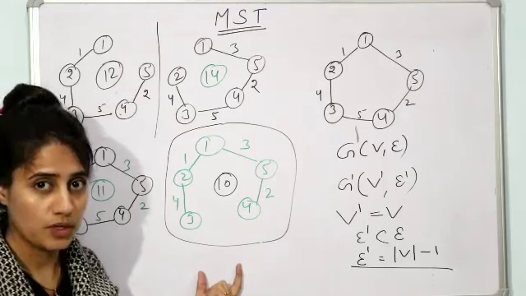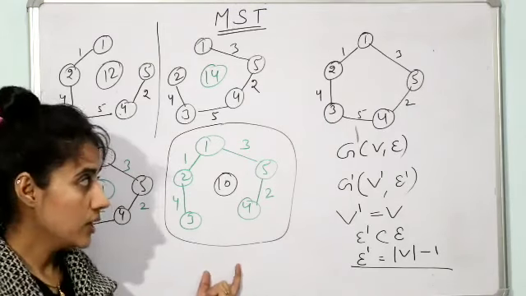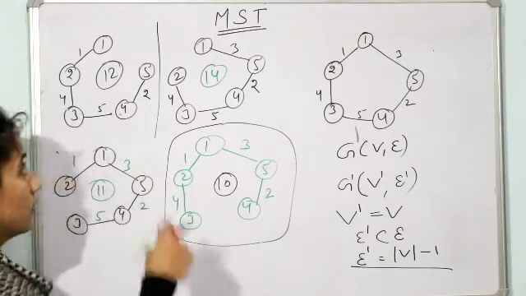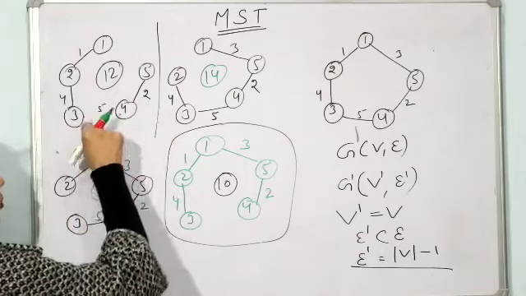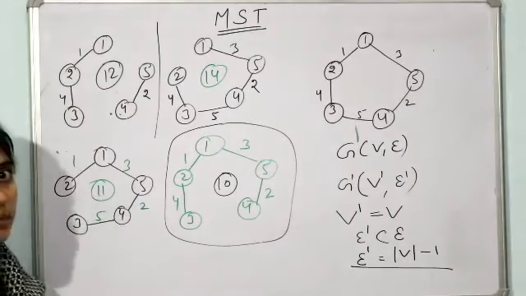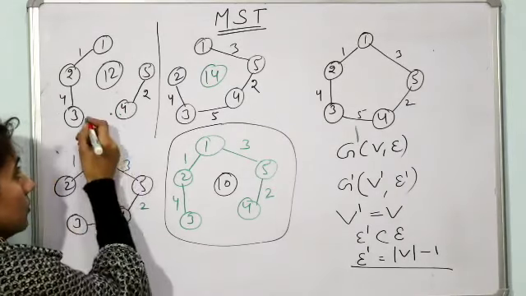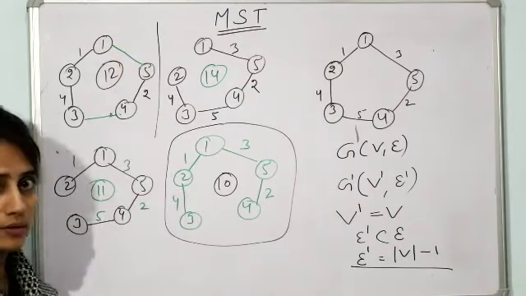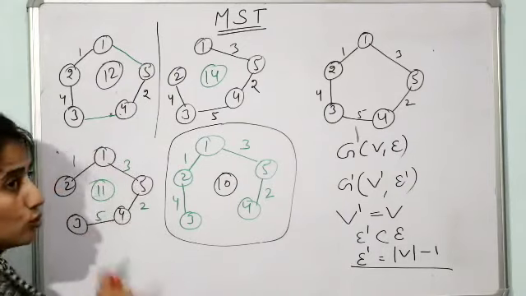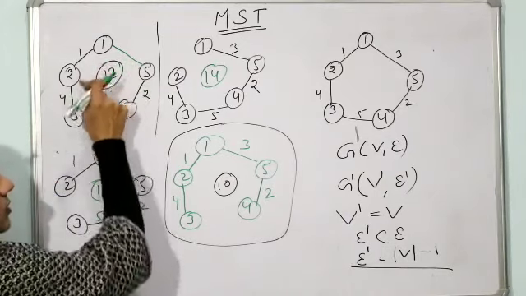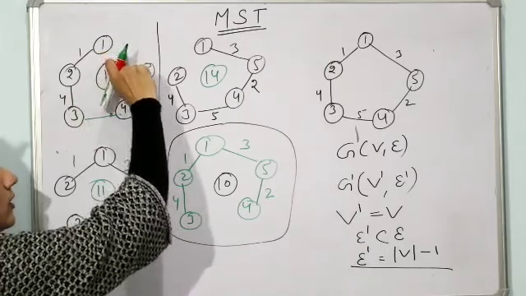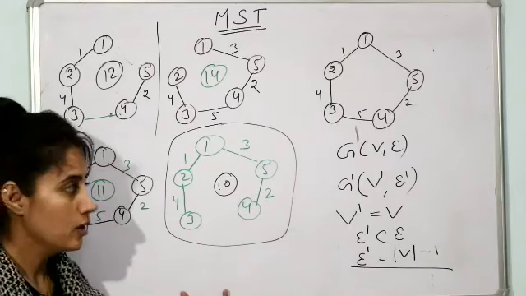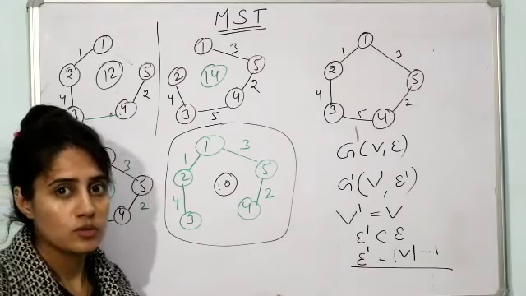That is another condition. Plus one more condition is this spanning tree should not be disconnected. See, if you remove this edge, this is not a spanning tree because a spanning tree cannot be disconnected. Fine. And if you add this one more edge, this is also not a spanning tree because this contains a cycle. So a spanning tree should not contain any cycle and it should be connected. It should not be disconnected. Fine. So now we will discuss some more properties of spanning tree.